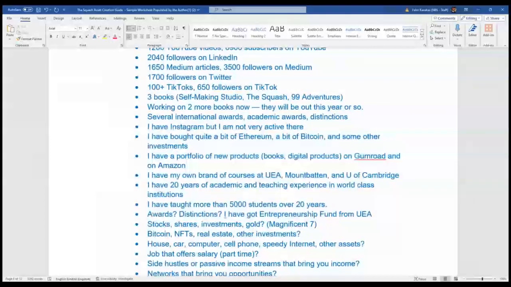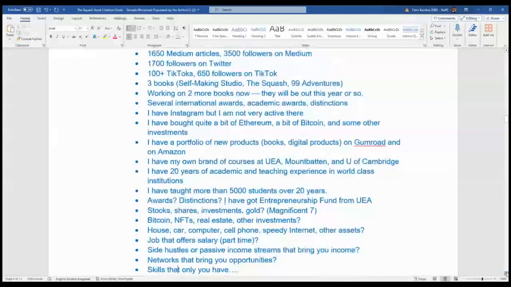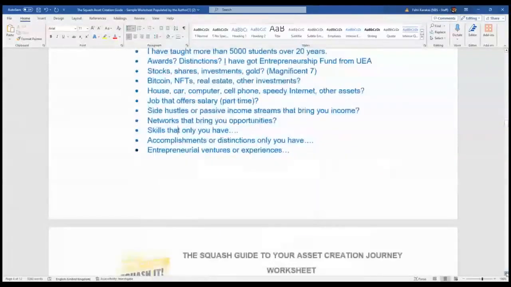So this is a current inventory. You get a snapshot of what you have got right now. If you don't have much, don't worry. You are just starting your journey. You will increase them. The goal is to increase them, and let's focus on increasing them. The next question is about that. So let's continue with the next question.